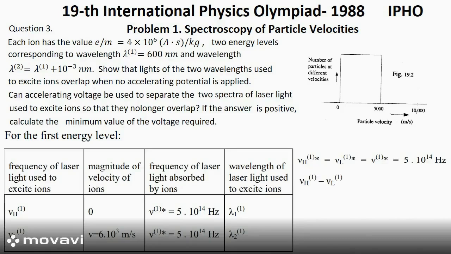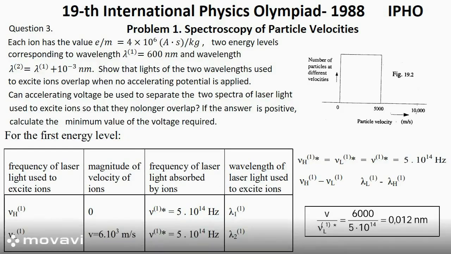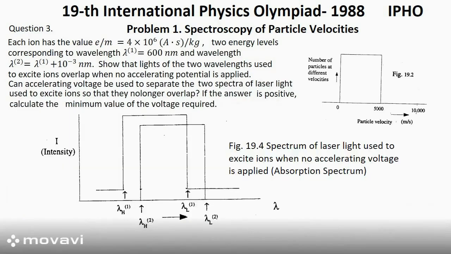Differences in frequencies of laser light used to excite ions is nu H1 minus nu L1. Differences of wavelengths of laser light used to excite ions is lambda L1 minus lambda H1. This gives V over nu L1 star equals 0.012. Hence the spectra of laser light, absorption spectrum, used to excite an ion at two energy levels overlap as shown